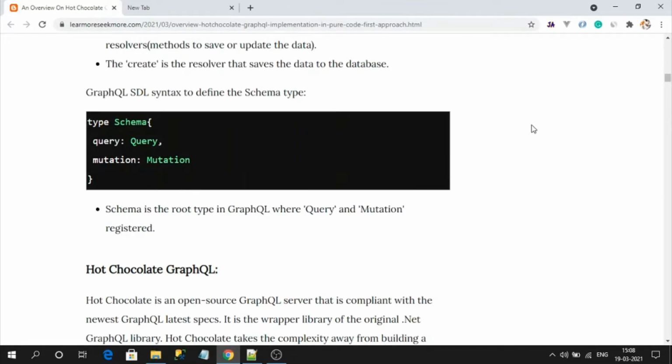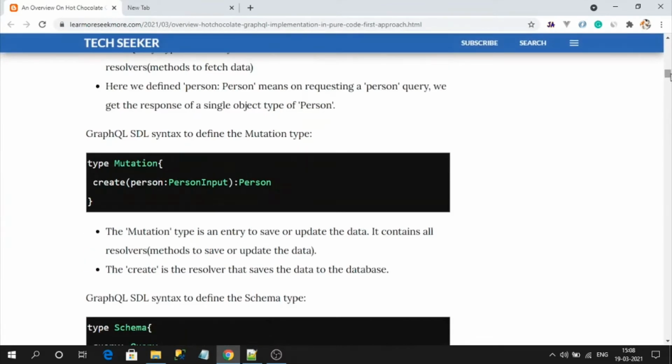How this schema is used in GraphQL, but as a .NET developer, it looks quite different, right? It's not our familiar language. So with the Hot Chocolate library, we need not learn this SDL. The Hot Chocolate library makes our path very easy.